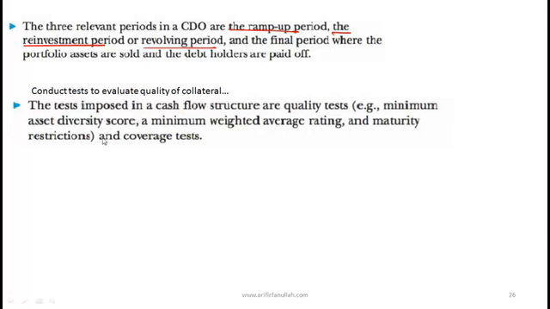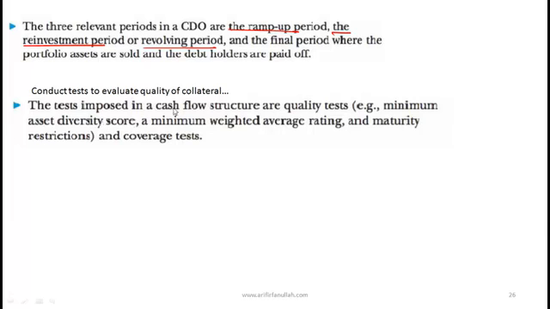Now, the final point with regard to cash CDOs: credit rating companies that are giving a rating to various tranches will do several tests. And what do you think they are most concerned with? They would be concerned with the quality of the underlying collateral. If the quality of the underlying collateral is good, then the associated tranches will get a high rating, and obviously if the quality is weak, then there is a poor rating. The curriculum doesn't say too much on this, so I think as long as you know the basic point here,